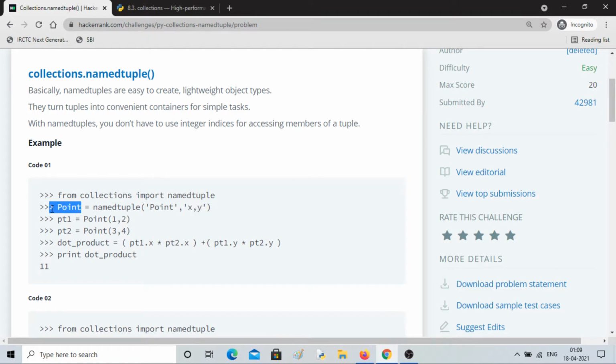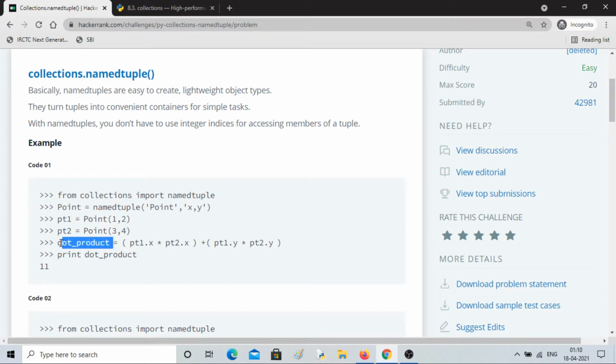Point will be a bigger container, and inside that you will have different points of x and y. This is the way you define a namedtuple, and this is the way you feed the value inside it. So you are calling this variable Point, and you are giving the input 1, 2, that is p1. Similarly 3 and 4 you have given, and you call it p2.